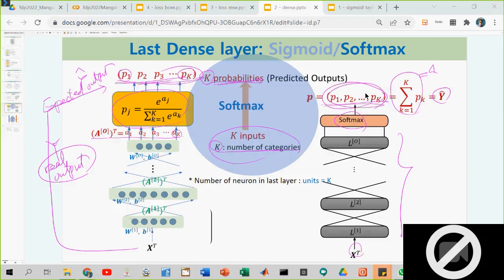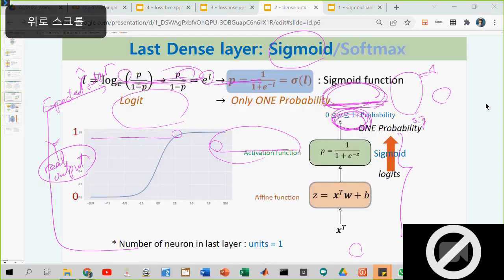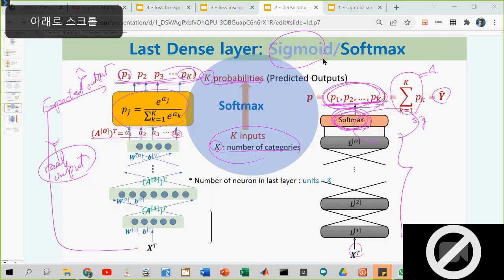Then finally, we can get the K numbers of probabilities. In case of sigmoid, if you use the sigmoid function, we can get just one probability. But if we use softmax, we can get the K numbers of categories. Understand? Please remember, in case of sigmoid, just one probability. Now here, with the sigmoid function, we can get one probability. But in case we use softmax,